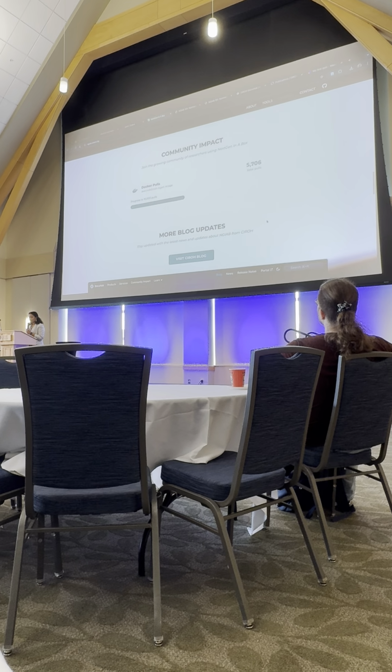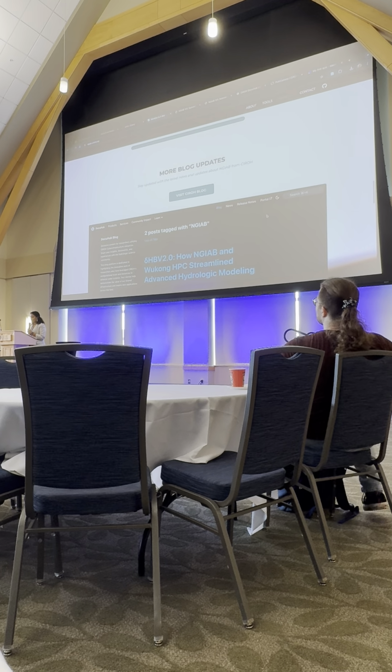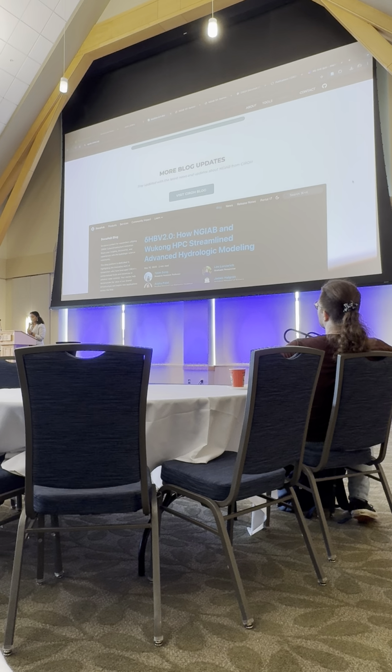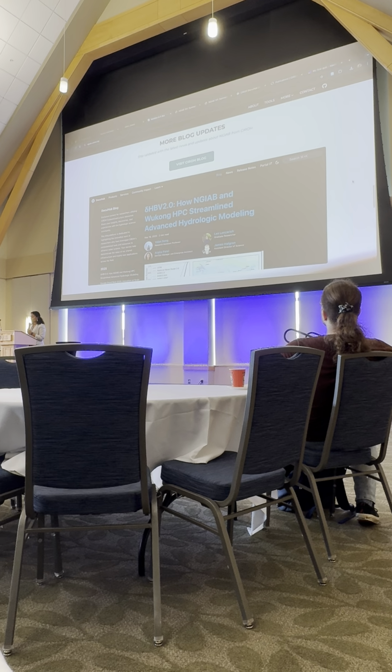We have great community impact. Right now we have almost 9,000 Docker pulls for our NextGen in a Box image. And we try to highlight all the papers and posts that the community is using for NextGen in a Box. So this was the first paper that came out that used NextGen in a Box and Wukong both.